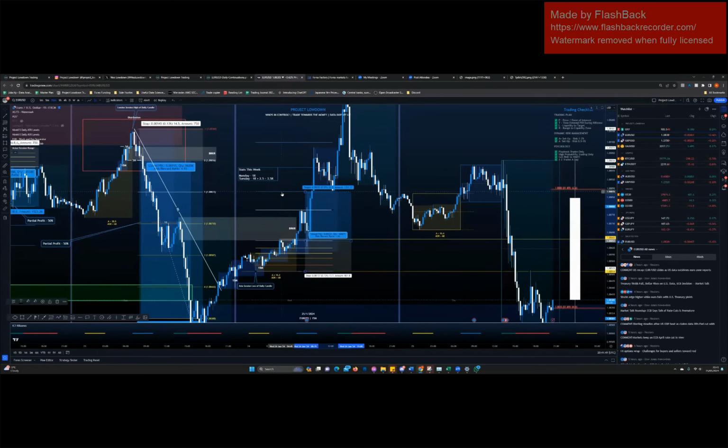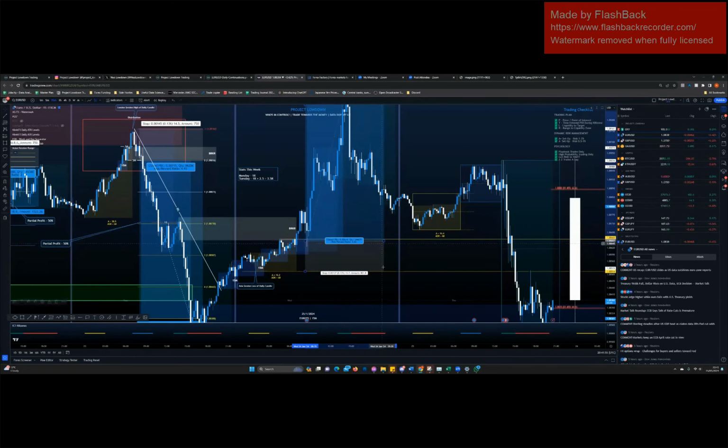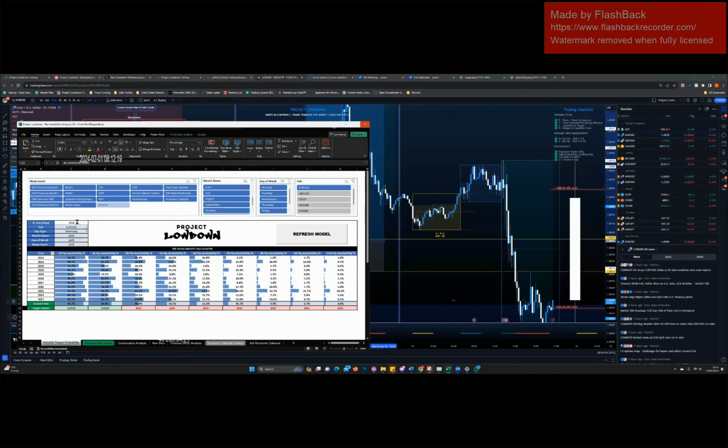So we move this for now because we've covered the entry. Now it's about targeting. So it's the same principle again, but I've got a 13.7 pip stop. So put it into the model. Why is this lagging? Yo, I'm not responding. What the hell? Technical difficulties? Okay, cool.